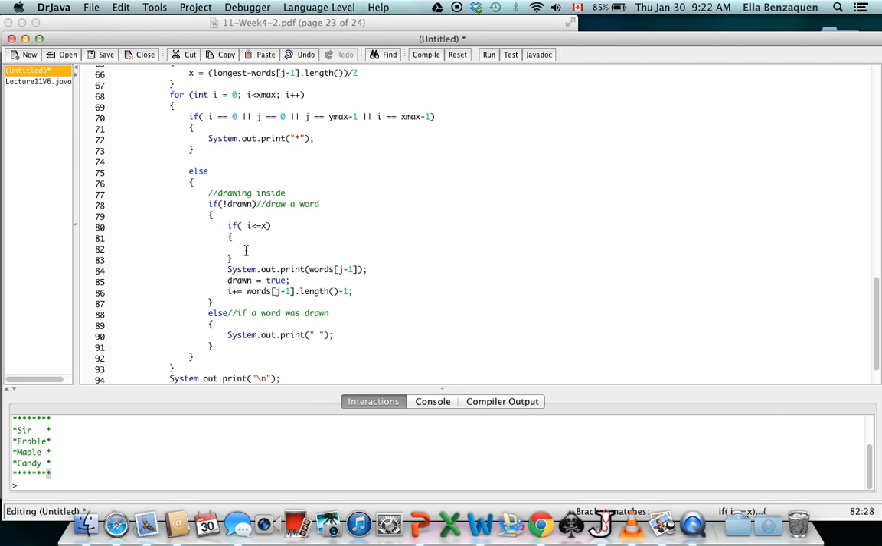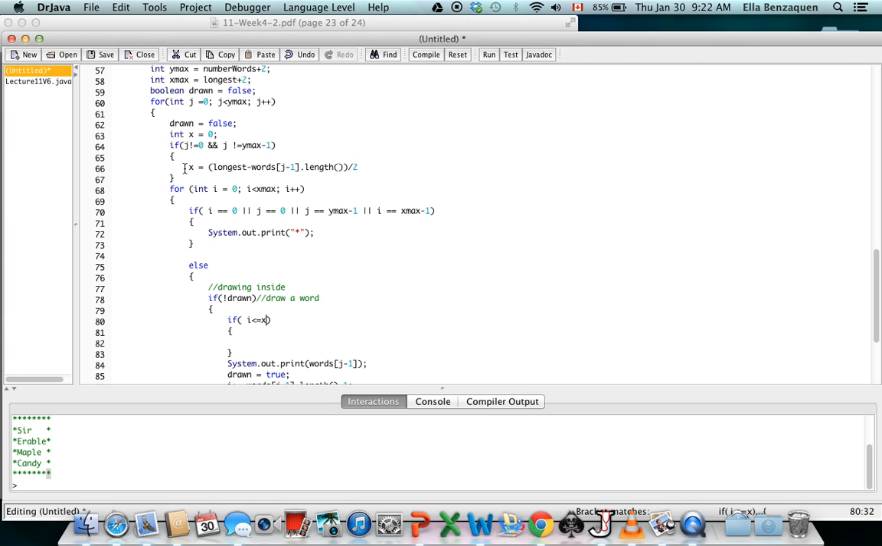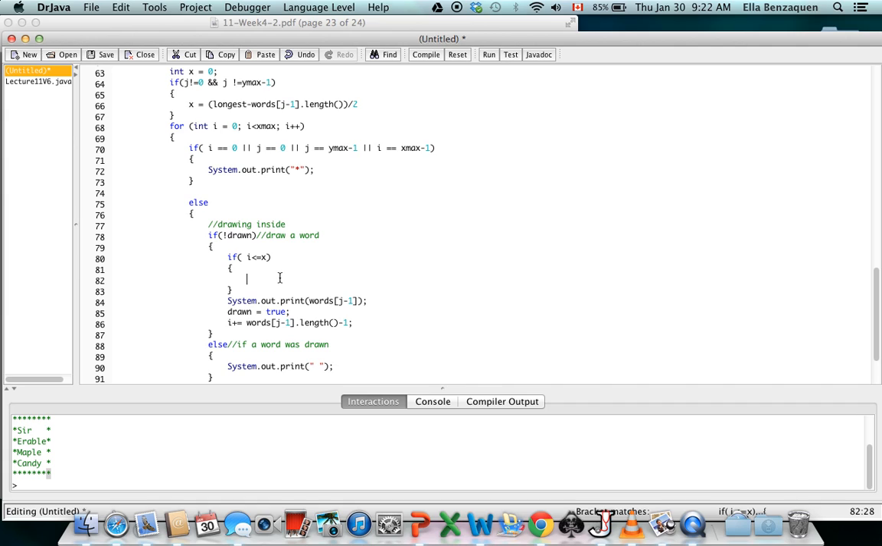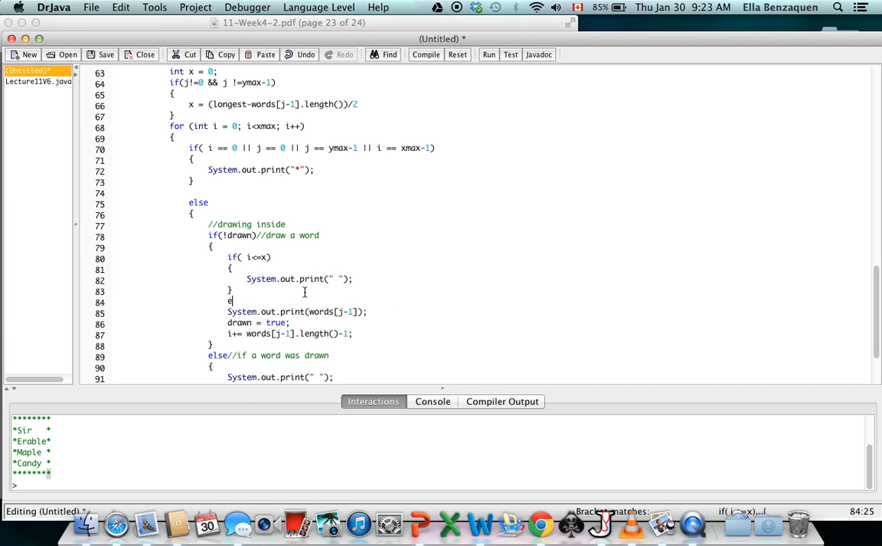So here, the first value I can have for i is 1. If my i is less than or equal to my x, so in other words, less than or equal to the number of spaces that I have left divided by 2, well then I'm going to simply ask it to print a space. And then else,